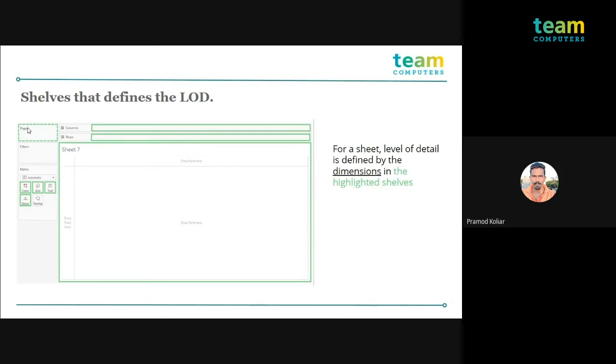We see only a single bar chart because pages will give a slider of 16, 17, 18, and 19. So this is how the pages look, right? So even though it is not multiplying your data, it is doing its job. So that's why I have highlighted the pages over here, which is actually affecting your level of detail expression. These are the things that will be affecting your level of detail expression. So you need to be very careful while using these panes in your dashboard.